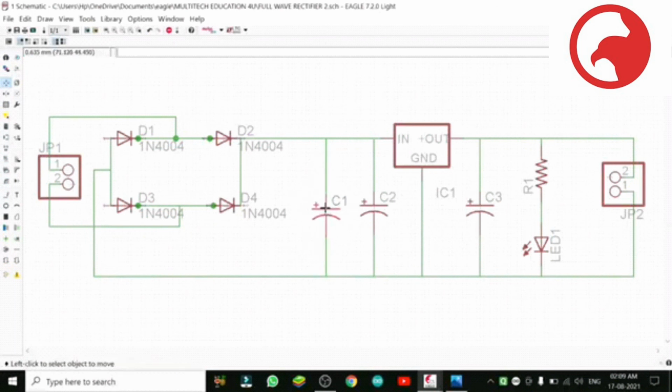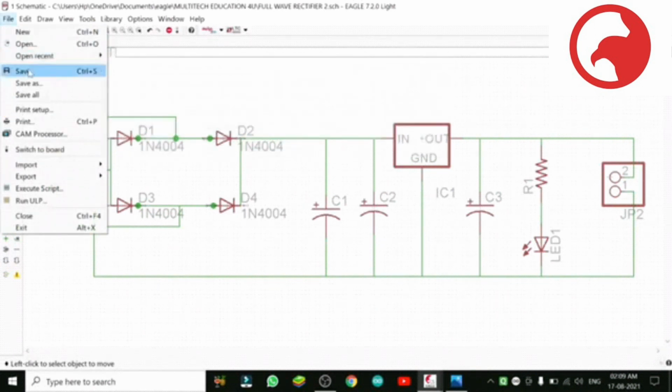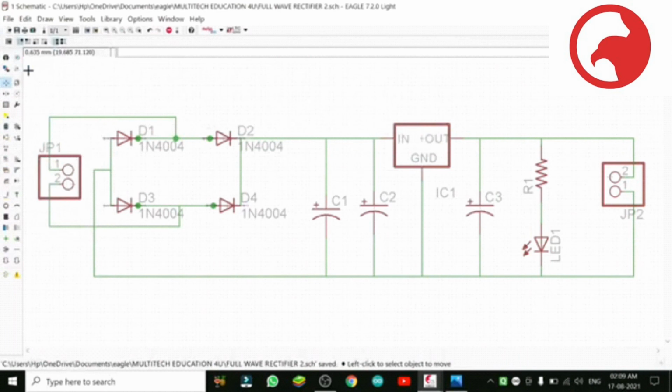Some people in overconfidence don't check and proceed. And sometimes the PCB comes without connection. Then you have a big headache finding where our PCB is not connected. So better to check it before, well in time. So let us save it now. Our wiring schematic is saved.